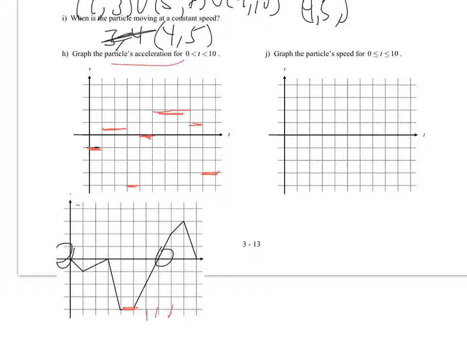Now to graph the speed, remember speed is just the absolute value of the velocity. All I'm going to do is every place there is a negative y value, I'm just going to reflect it around the x-axis. So there, there, there, and it goes up to 4? 1, 2, 3, 4. Then it's constant for a minute, and then it